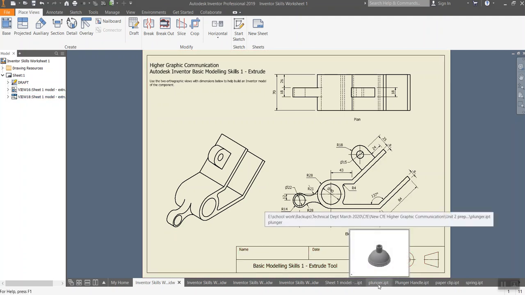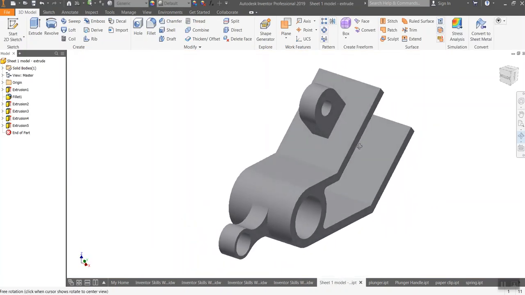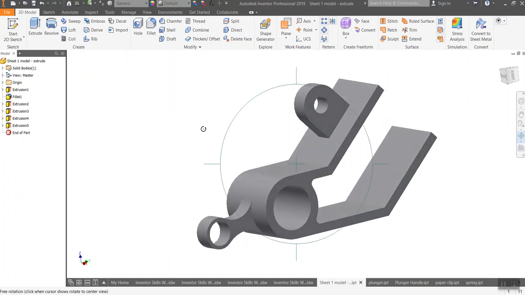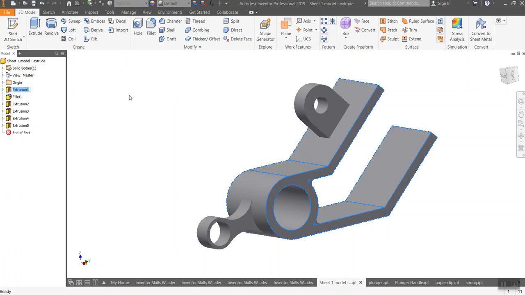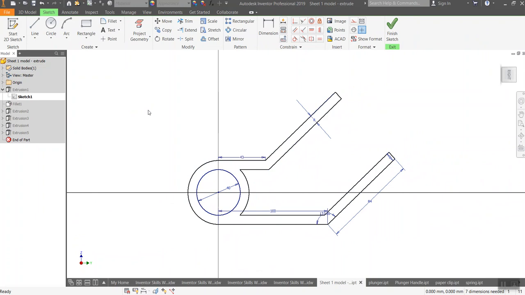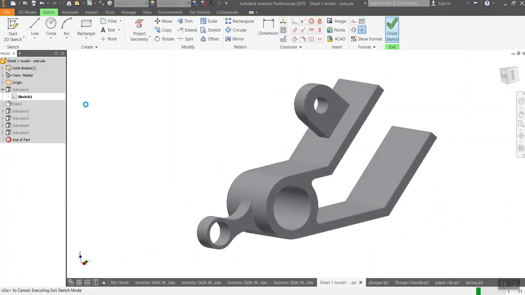But to show you what the first object looks like, this is it here, and what it's got is it's all been extruded to a depth. So it started originally as a sketch. If I can get my Inventor to look at my sketch. There we go. That's what we started off as my original sketch. And it's quite a complicated looking sketch, but then it was just extruded to give it a depth of that. From that initial sketch,